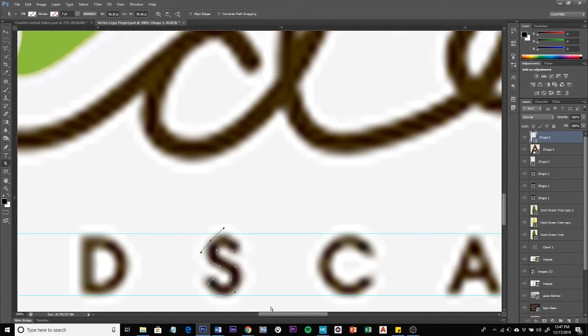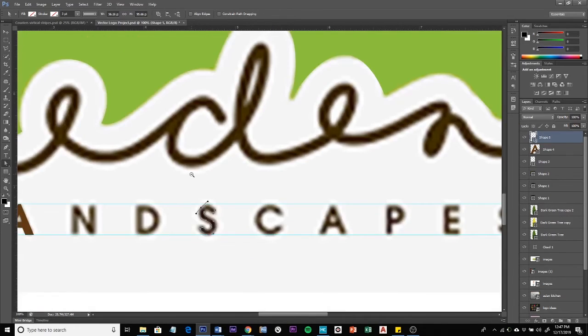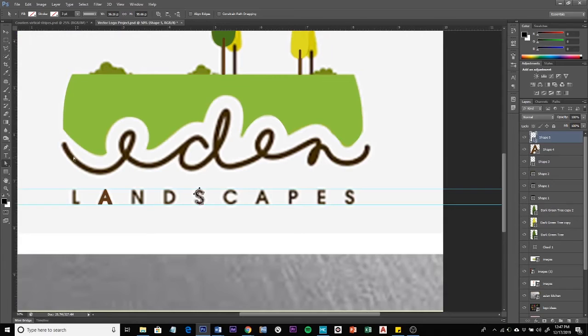Alright, so the last thing that I want to go over is how to create a path for this cursive lettering and then stroke the path with the brush tool. So this is one continuous line that we're going to create, and then make sure I just deselect all the layers. And for this we're going to be using an actual path, not a shape. So I'm changing the tool from shape to path,